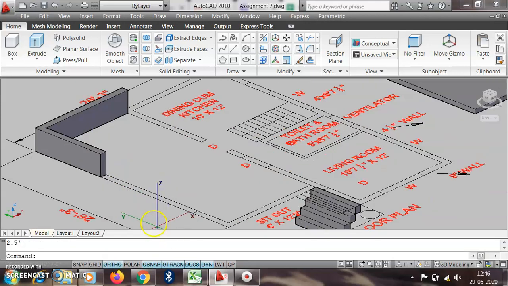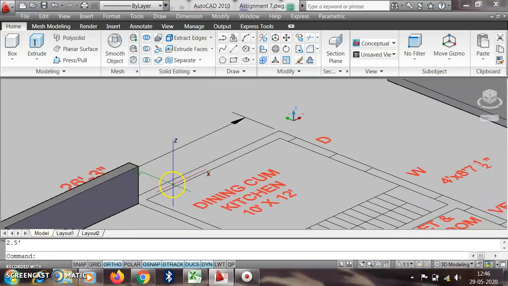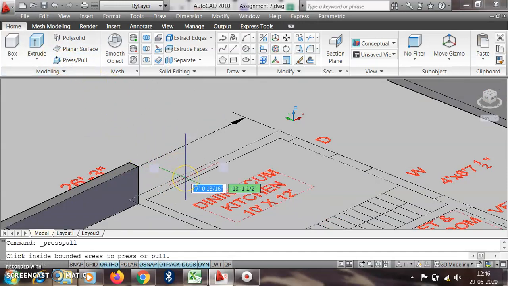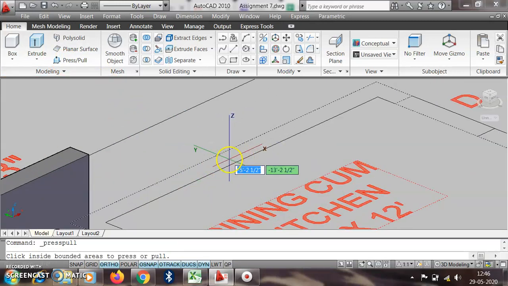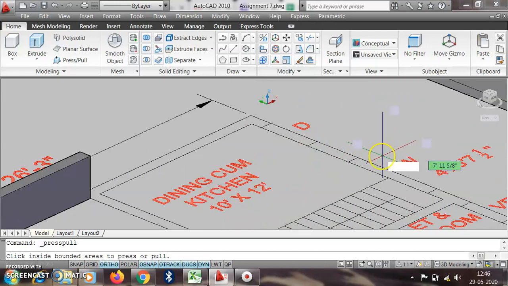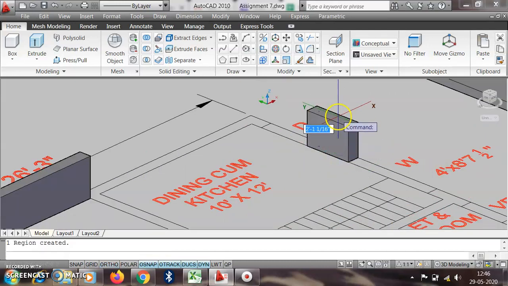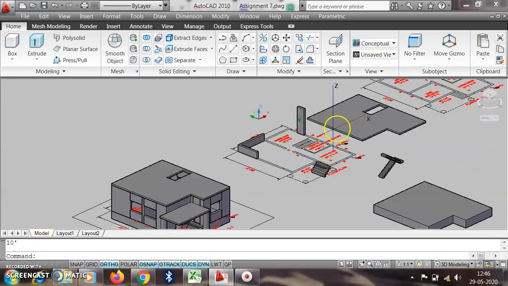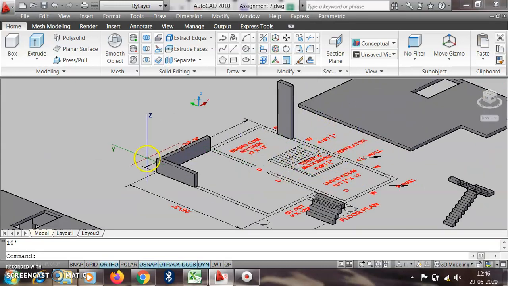So we extended this wall up to this one, and this wall is up to 10 feet. So press pull this wall, select this portion, these walls up to 10 feet. So enter. In this way we have to extend all these walls.